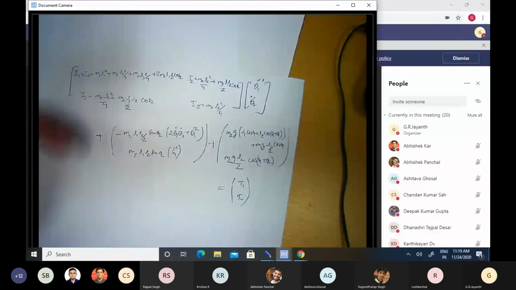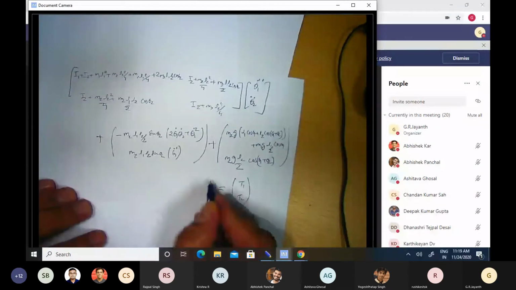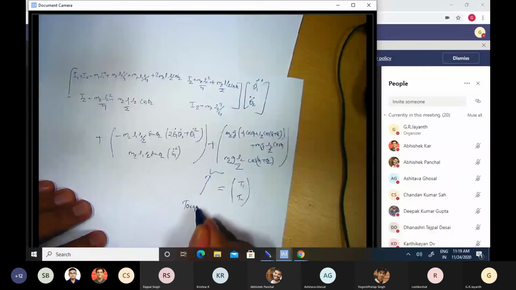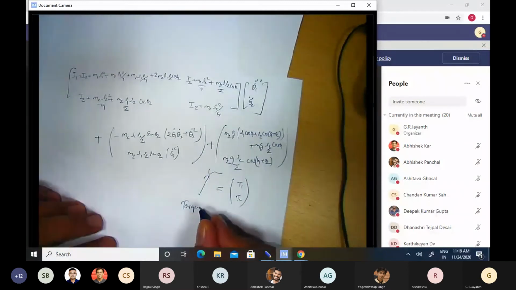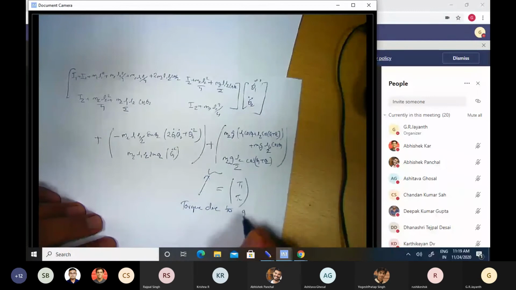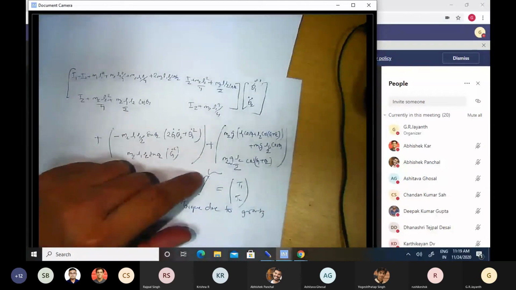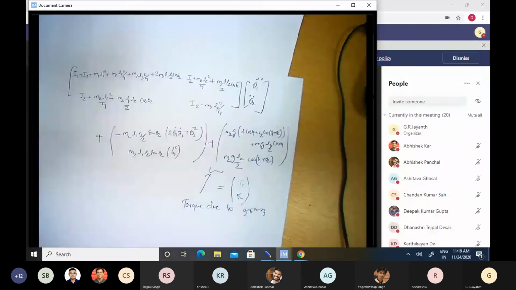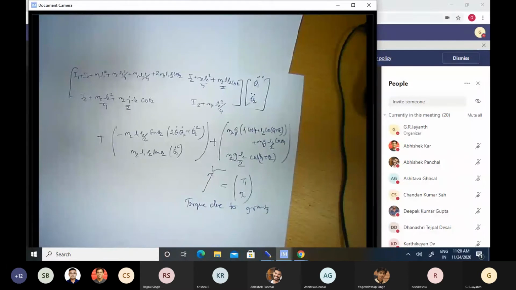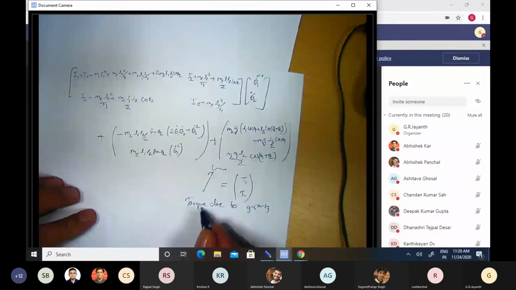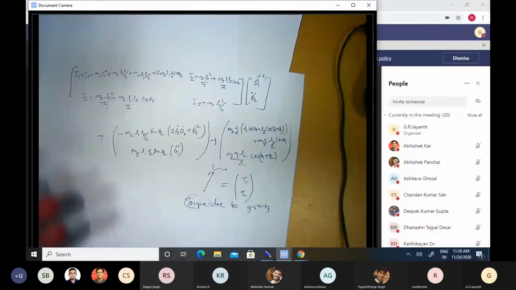So although this looks complicated, this is torque due to gravity, and we can clearly, at a qualitative level, understand each of these three terms. Torque due to gravity has the units of torque because we have chosen θ1 and θ2 to be generalized coordinates. If you had a prismatic joint instead of a revolute joint, then one of the generalized forces will not be a torque, it will be an actual force, in which case we should not use the word torque. So maybe we can replace this with generalized force or some such thing.